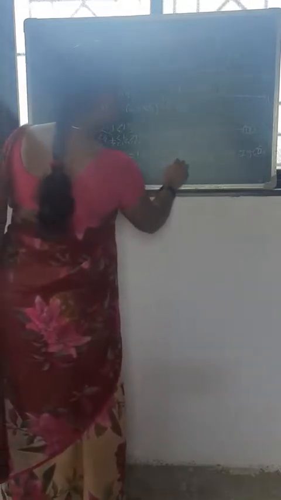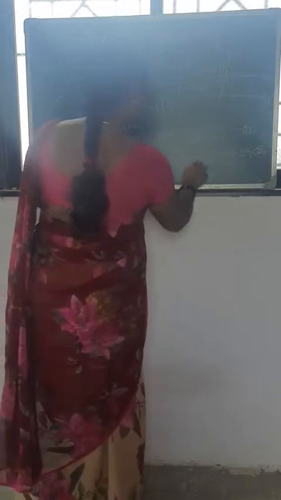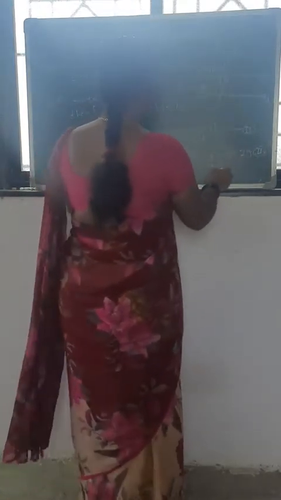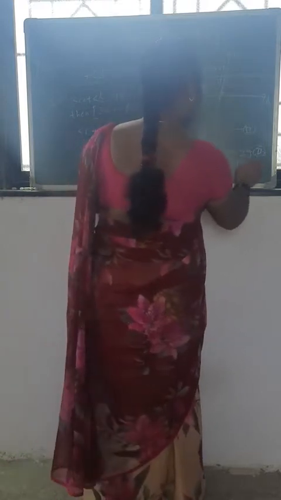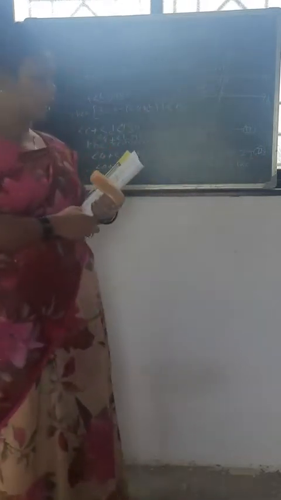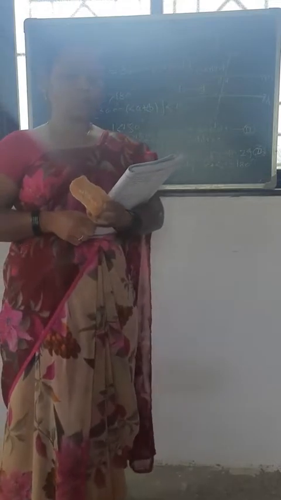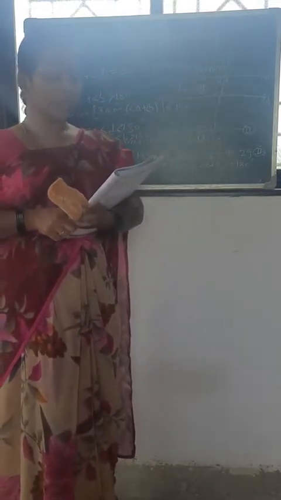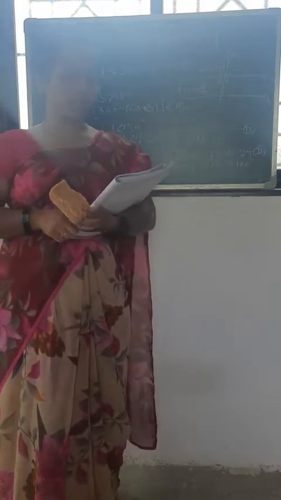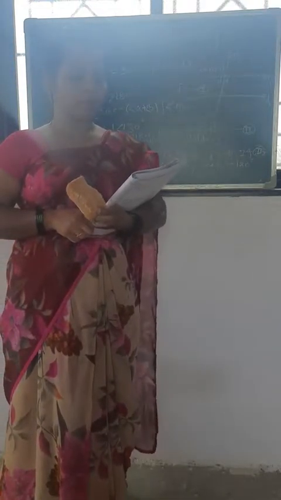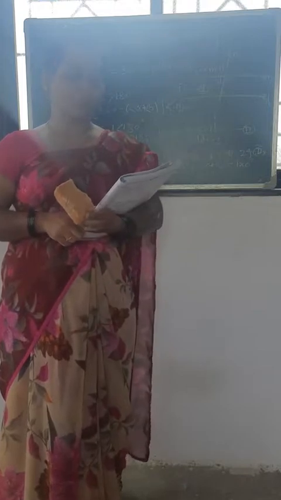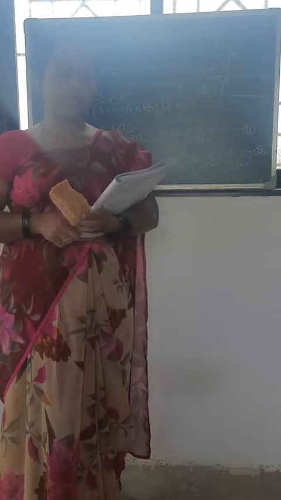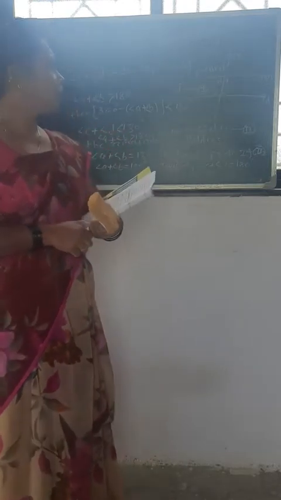Similarly, angle C plus angle D is equal to 180 degrees. Note that in this proof, because of the contradiction, we have denied the possibilities angle A plus angle B is greater than 180 degrees and angle A plus angle B is less than 180 degrees. Therefore, this proof is an example of indirect proof.